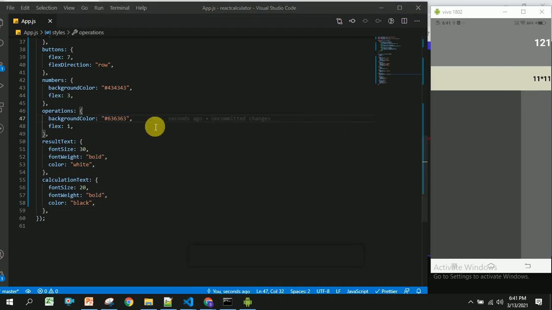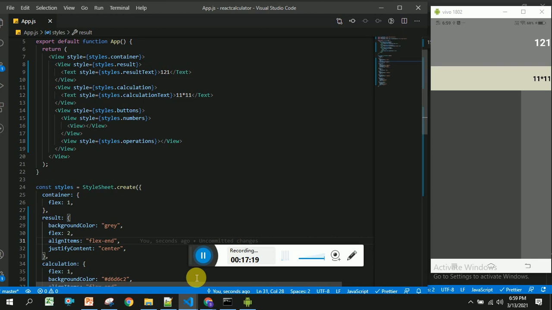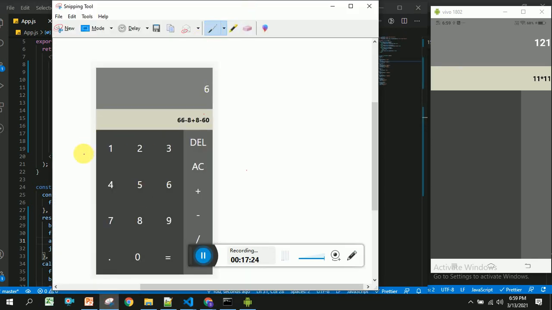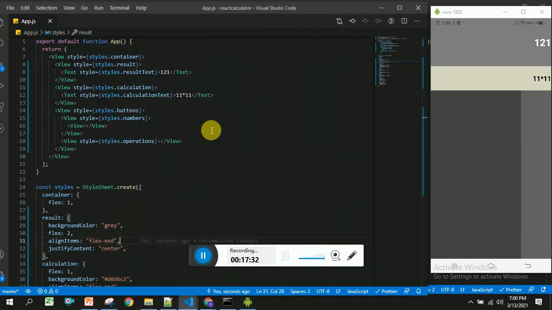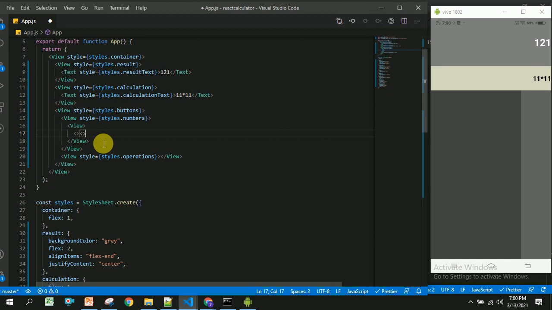Now we will see how to create the buttons and operation symbols in the below blocks, and how to include the numbers as shown in this. If you see here, we have 4 rows, and there are around 5 operations. For each row I am going to create a view, and in this view we can use buttons or touchable opacity.